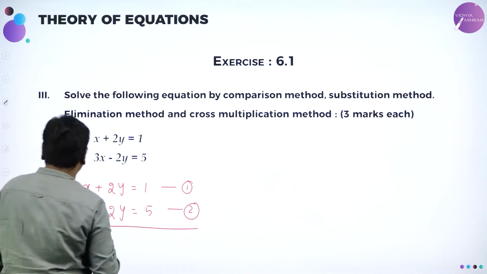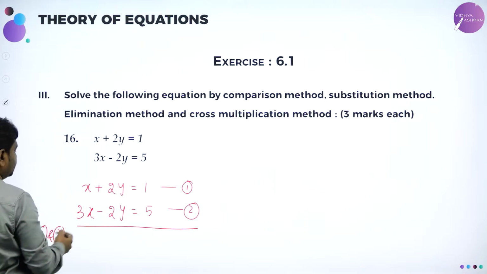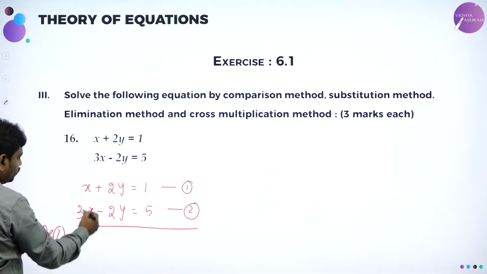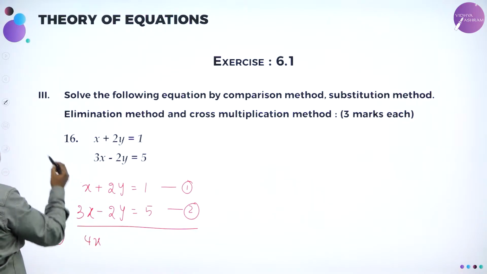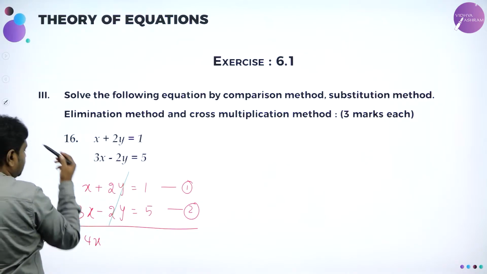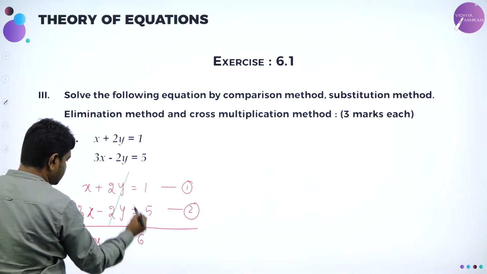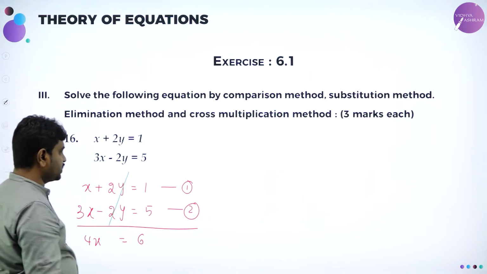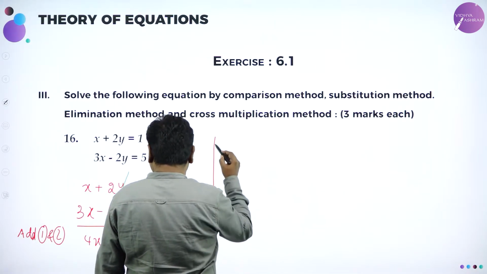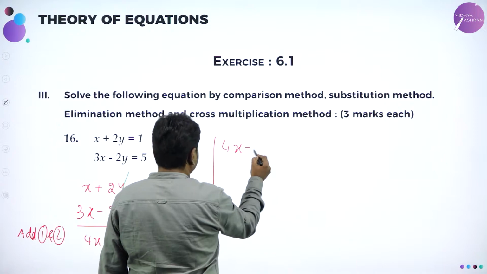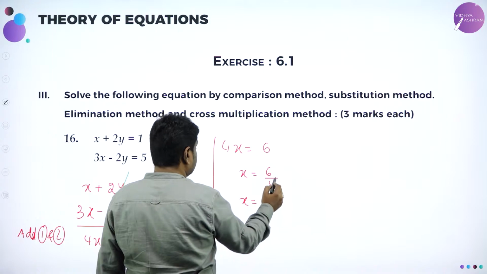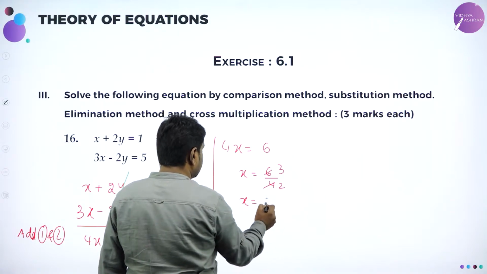If I add equation 1 and 2, when you add, sign does not change. So okay, when we add 1 and 2, 3x plus x is 4x and plus 2y minus 2y. Plus 2y minus 2y cancels. Then is equal to 1 plus 5 is 6. So 4x is equal to 6. From this, get the value of x. So 4x is equal to 6. x is equal to 6 by 4. So x is equal to 2 2s are 2 3s are, x value is 3 by 2.